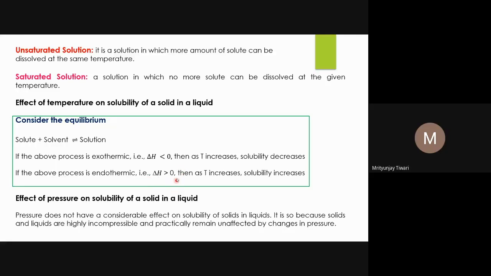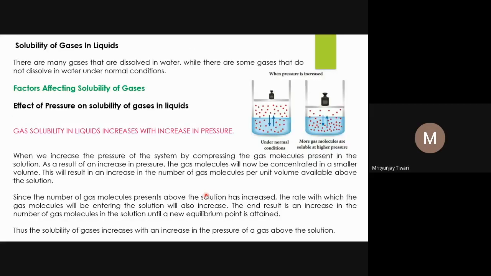So these processes for sugar, salt and glucose that we see are endothermic processes. It means that during dissolution, heat is absorbed, and if you provide it, this process will be facilitated, and the solubility will increase. The effect of the nature of the solute and solvent we have seen already. Now, the effect of pressure on the solubility of a solid in a liquid: I have already explained that solids and liquids are incompressible. It means there will be no effect of pressure on the solubility of a solid in a liquid.